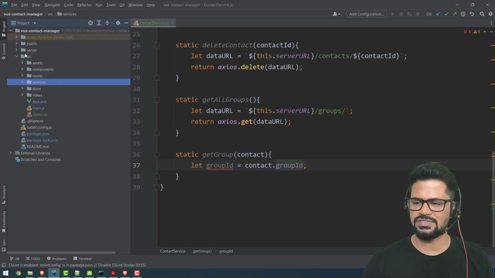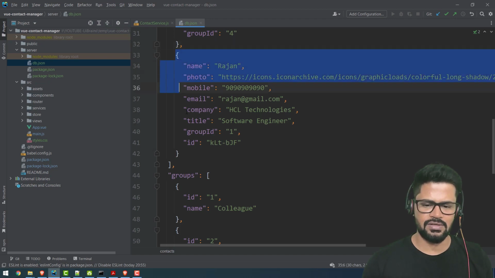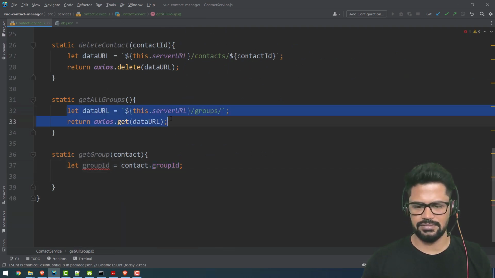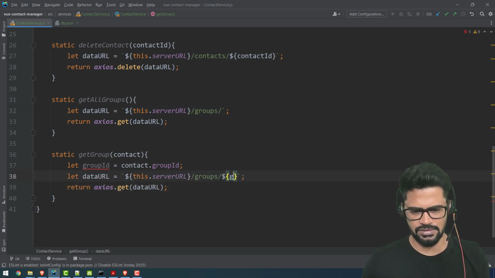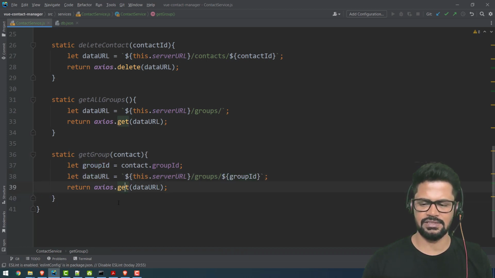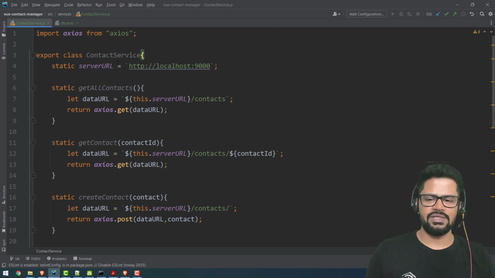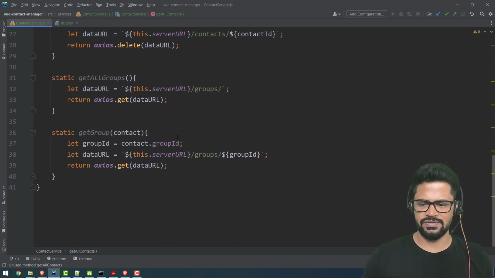For example, if you see the db.json, it's a contact object, right? In that I'm fetching only the group ID. Okay, I just get the group ID. And the path will be like this: groups slash the group ID which you get from the contact object, and a get request. Okay, that's all fine. So we are done with the contact service for the complete operations which we are going to make